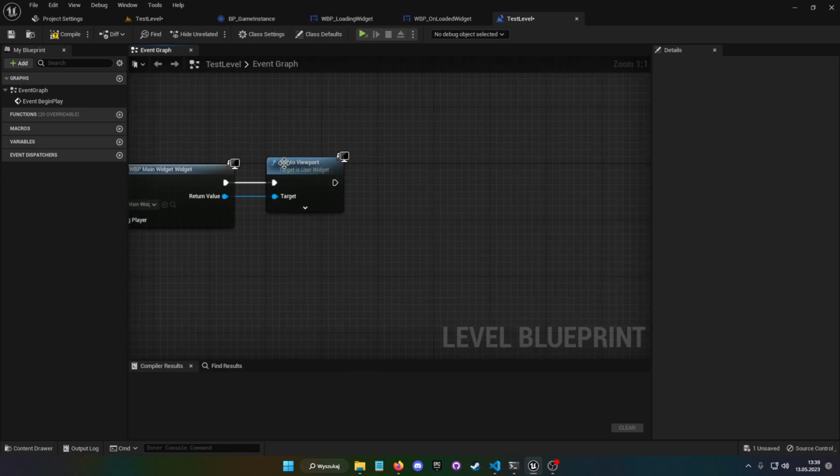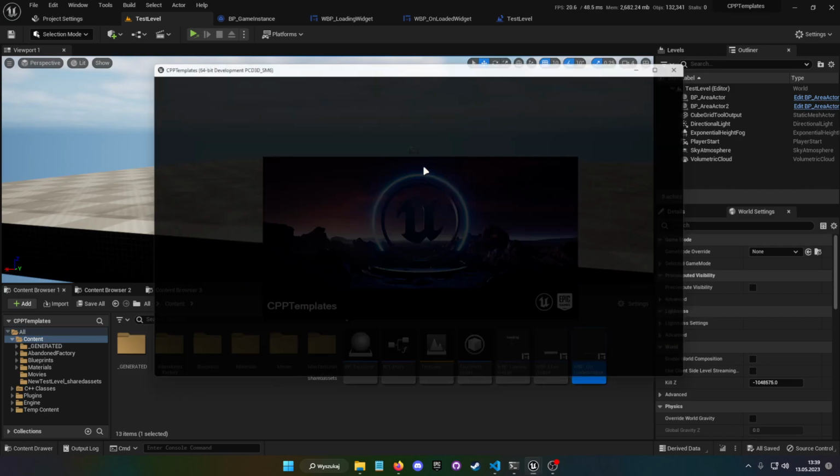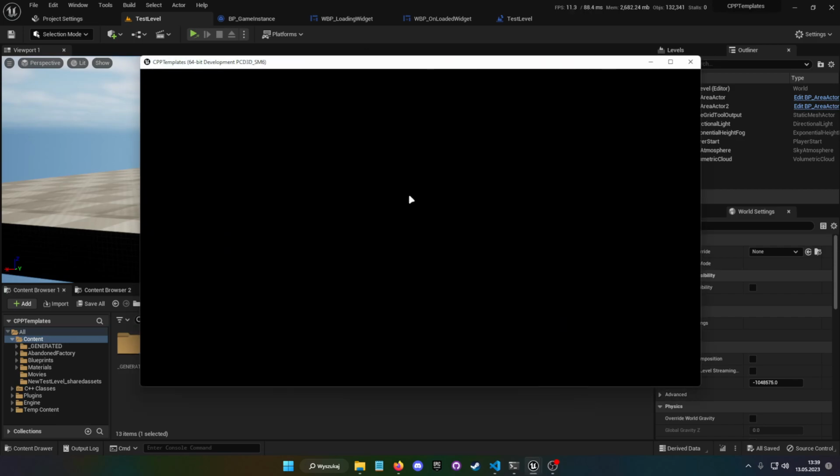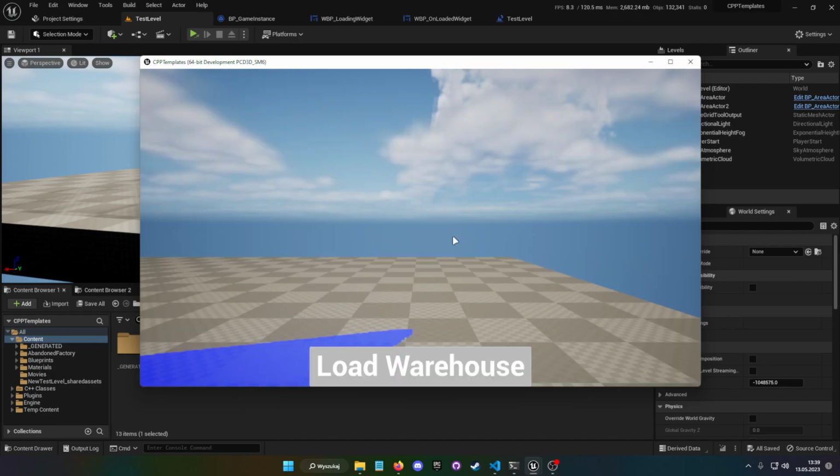So if I am not using this, then how did I achieve this effect, right? So I'm starting a map, and you see I have a loading screen, and I have a widget after the loading screen.